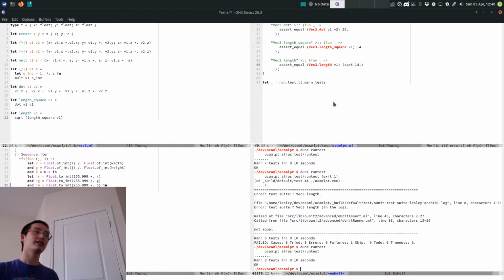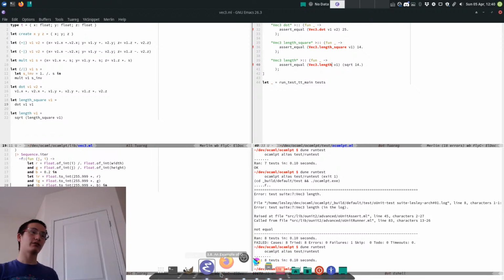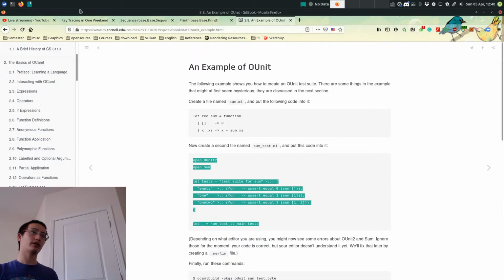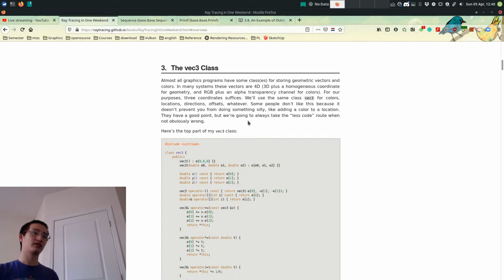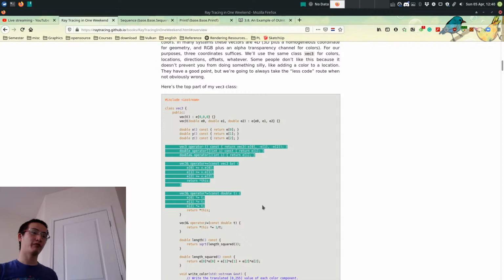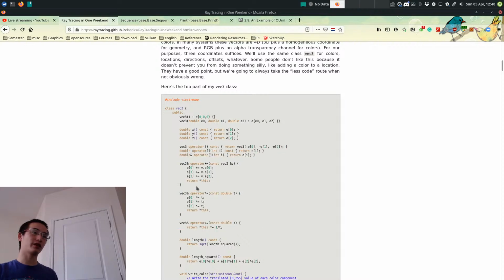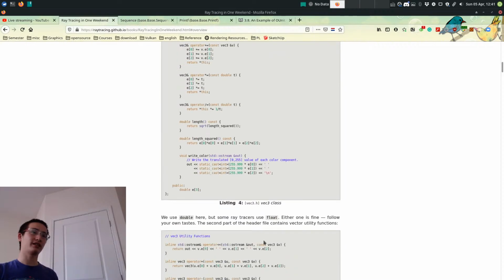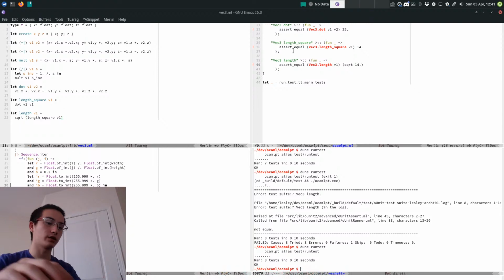Okay. Now we kind of have everything we want in a vector. The book has more, and the book has this kind of mutation functions, index accessors, negate. I think we need negate. So let's